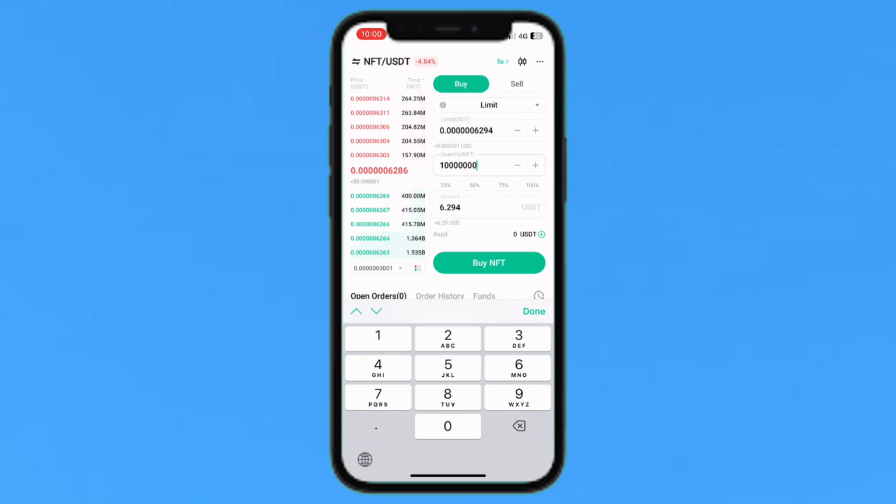so there is a low of this NFT price, you will see very low. So you can buy in 6.29 USDT of like this 1 lakhs